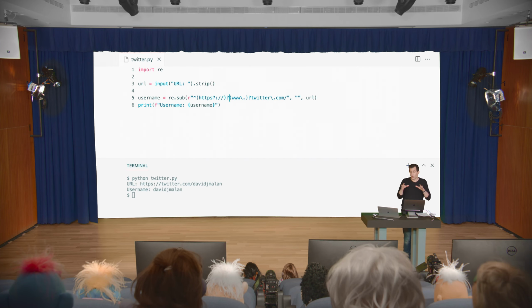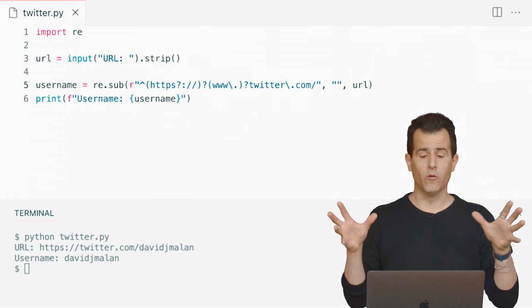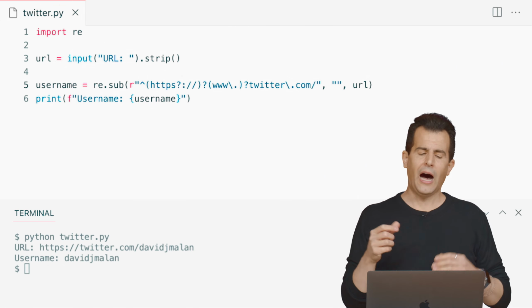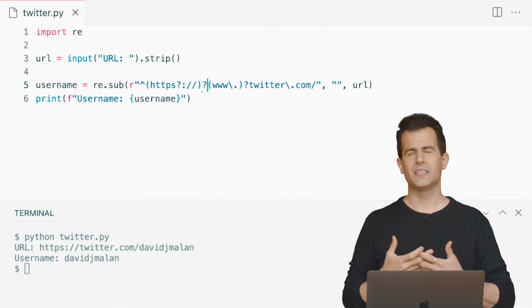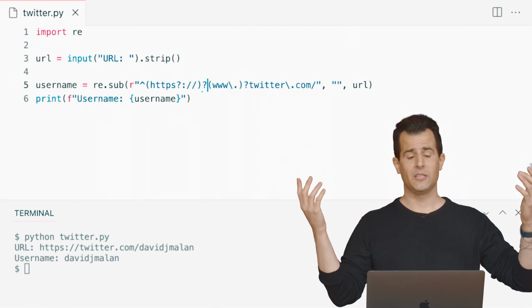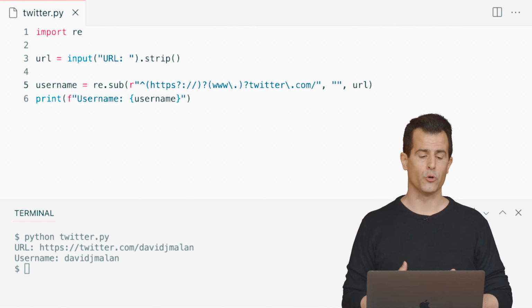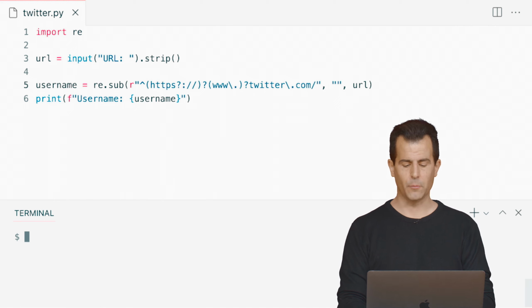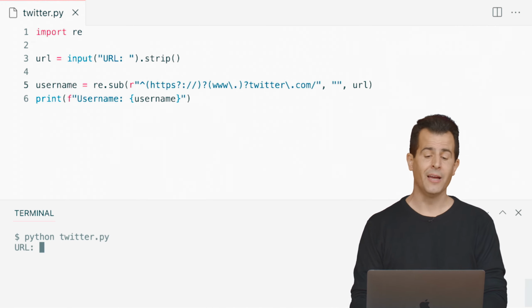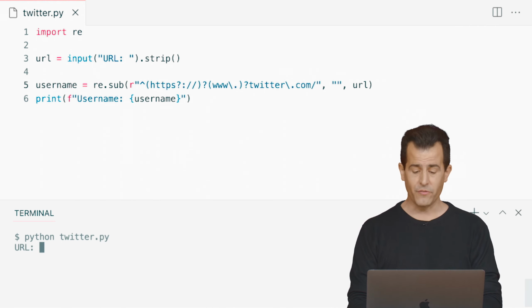All right, there still remains arguably at least one problem with this solution, in that even though I'm calling re.sub to substitute the URL with nothing, quote unquote, I then, on my final line of code, line 6, am just blindly assuming that it all worked. And I'm going to go ahead and print out the username. But what if the user, if I clear my screen here and run python of twitter.py, doesn't even type a Twitter URL? What if they do something like